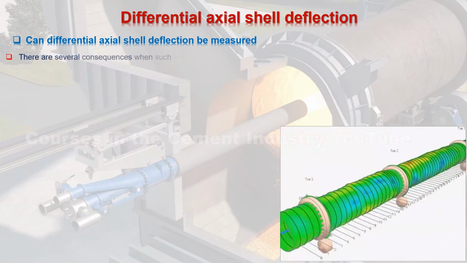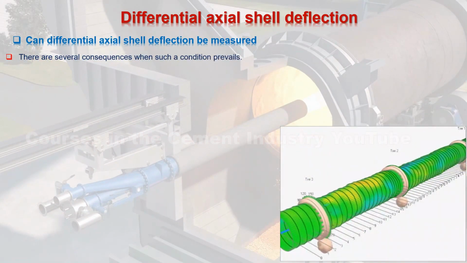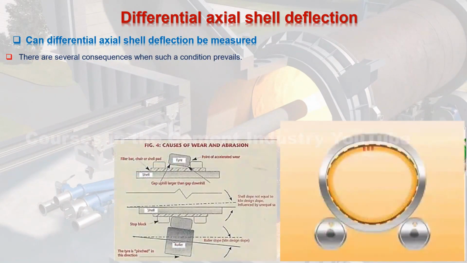There are several consequences when such a condition prevails. Consider this figure. A. The apparent gap between